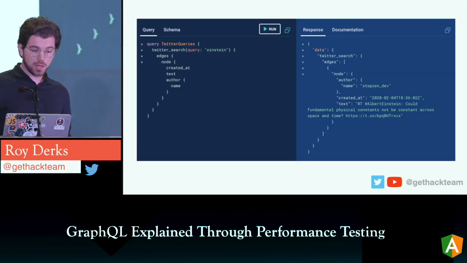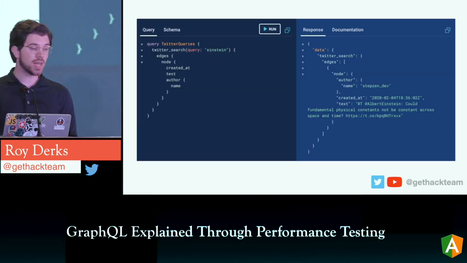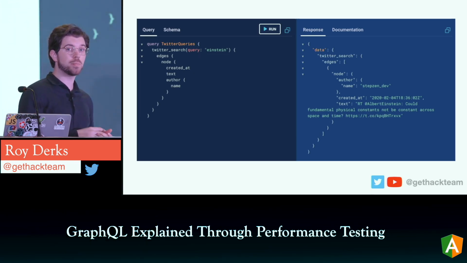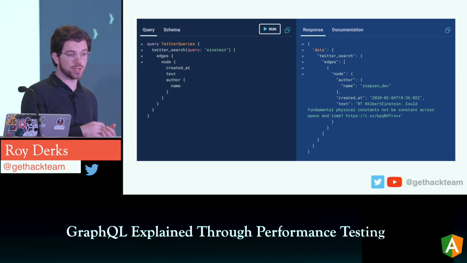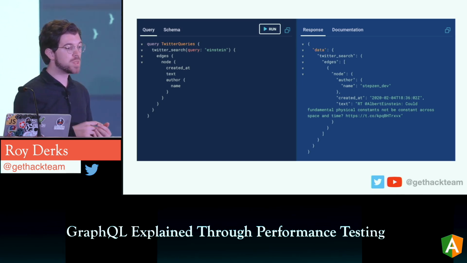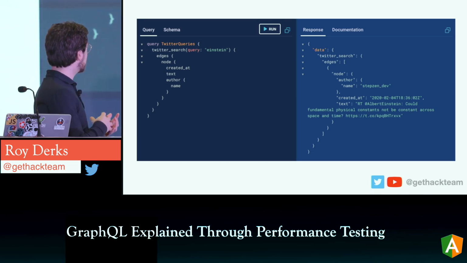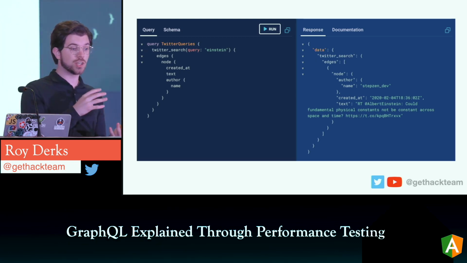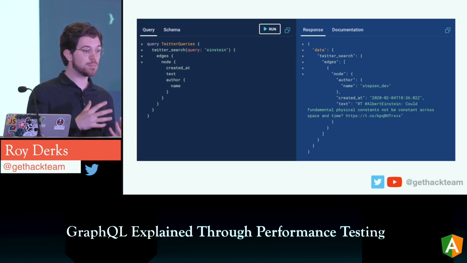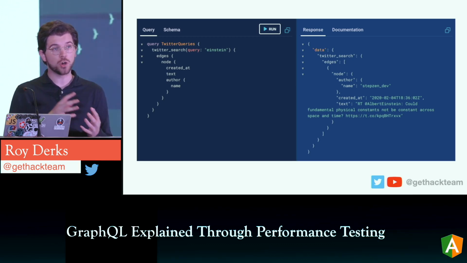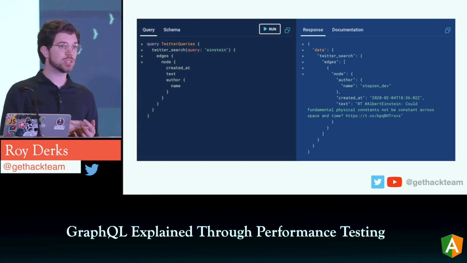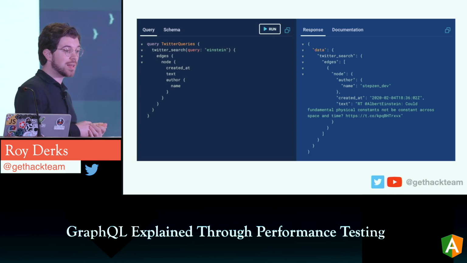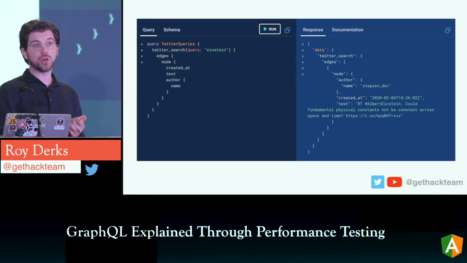What does this mean? If you look at this example, it's a GraphQL version of the Twitter API. Twitter itself doesn't offer a GraphQL API, but I've made one for you that's just using the Twitter REST API. You can see we're searching for tweets that are containing the word Einstein. And in there you have a concept called edges and nodes, which isn't as important for today, but GraphQL is all about graphs. So if you know graph databases, edges and node might sound familiar. So let's focus on the data inside the node, which is the created at field, the text field, and also the author field.